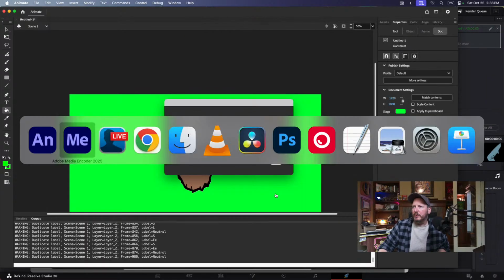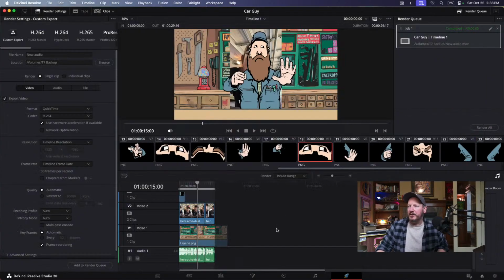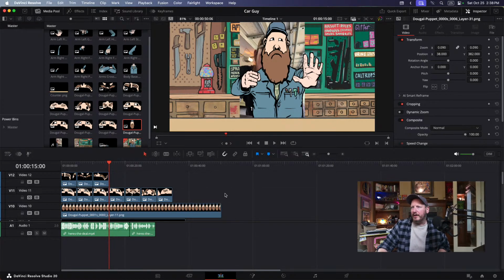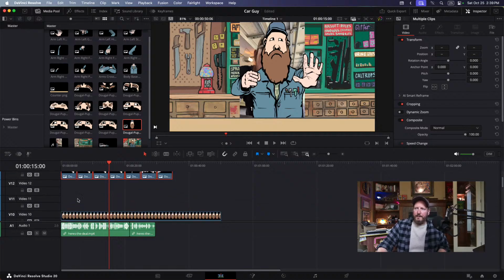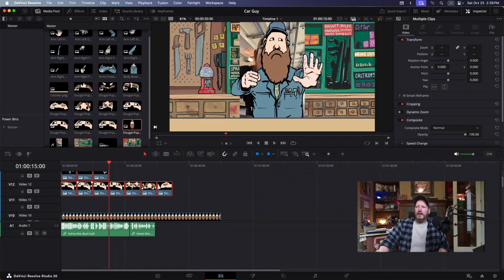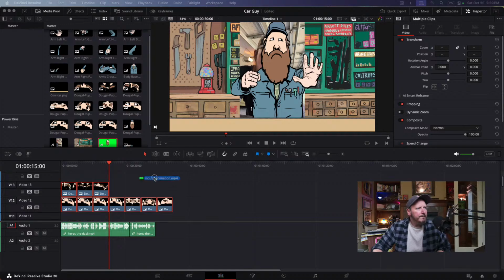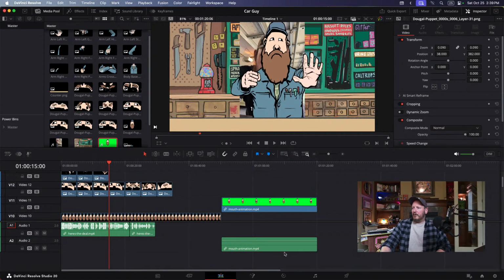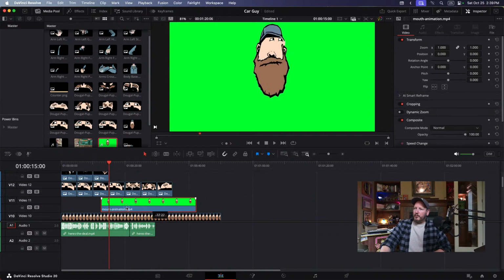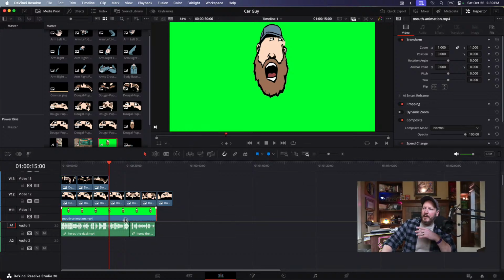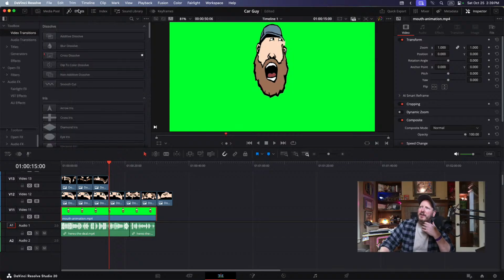So now we can go back to the original program we were in, DaVinci, go back to the start, get rid of the input and output lines, and now we have the head. So these can go above the head. Ooh, that's too far. That's way too far. And we're going to put his head animation in there. That's on desktop. Mouth animation right there. We're going to get rid of this because we don't need it, and we'll move that to the front. His eyes are way far off, but that's okay. We're going to take this and we're going to get rid of the background.